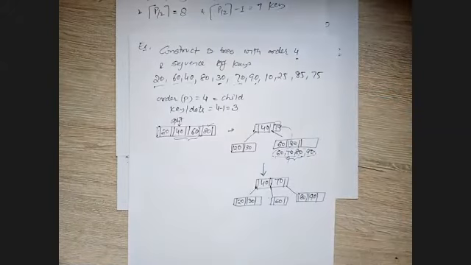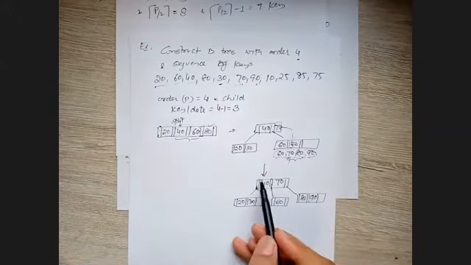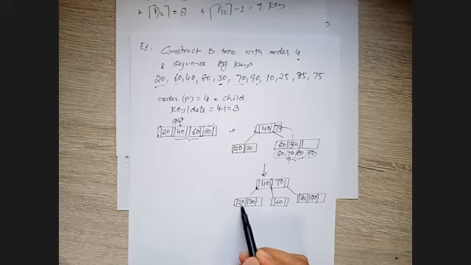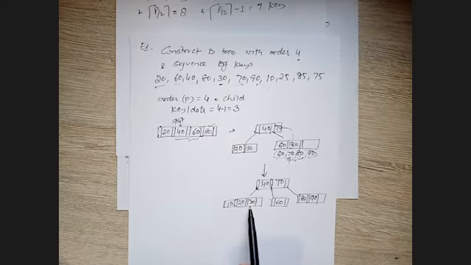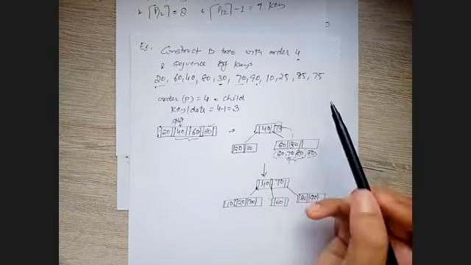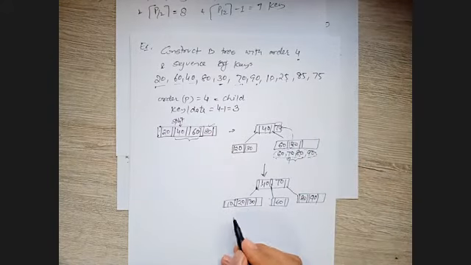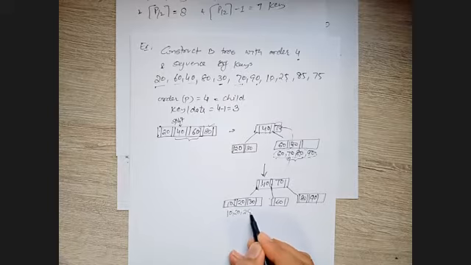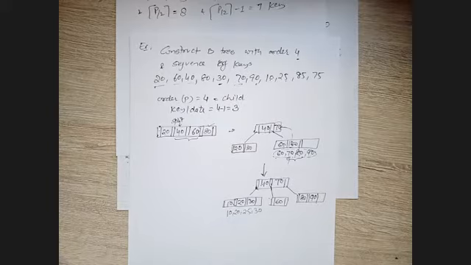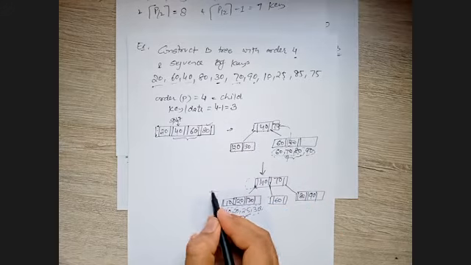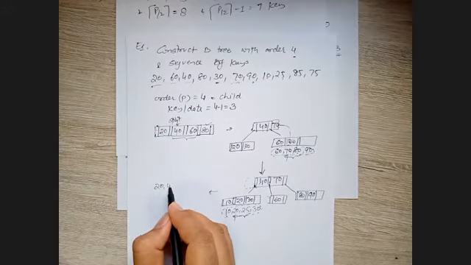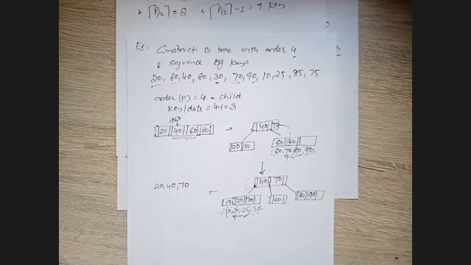We have taken 90. Now we'll insert 10. 10 is less than 40, so it will come over here, added at the beginning, before 20. Still no overflow condition. Then 25 is less than 40, so we'll have 10, 20, 25 and 30 after insertion. Again an overflow condition. We will split again. Out of 20, 25, we'll take 20, and 20 will move up and be added over here. So we will get 20, 40, 70.